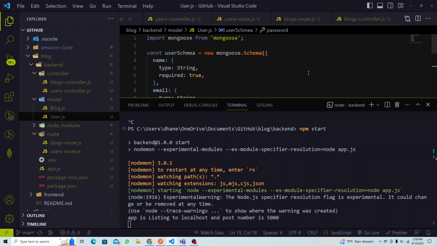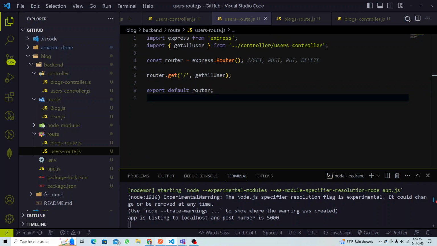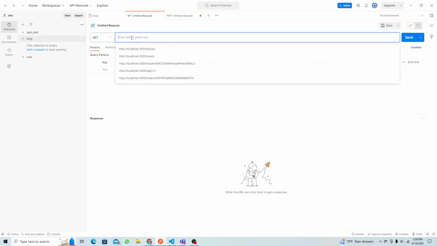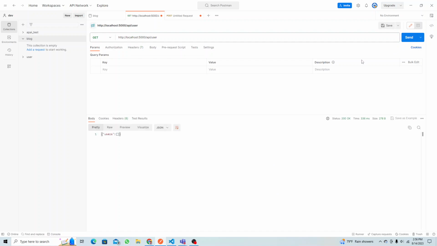Let's close this. So now we're gonna go back. Our server is running, our model is ready, we added one route already. So let's see if this works. We just go here, let's say get. The route will be http://localhost:5000. So we have API, remember, API slash user. And if you send the request, okay, so see,